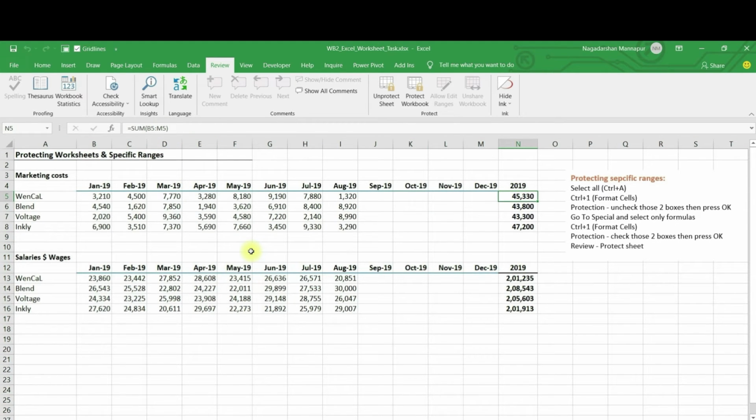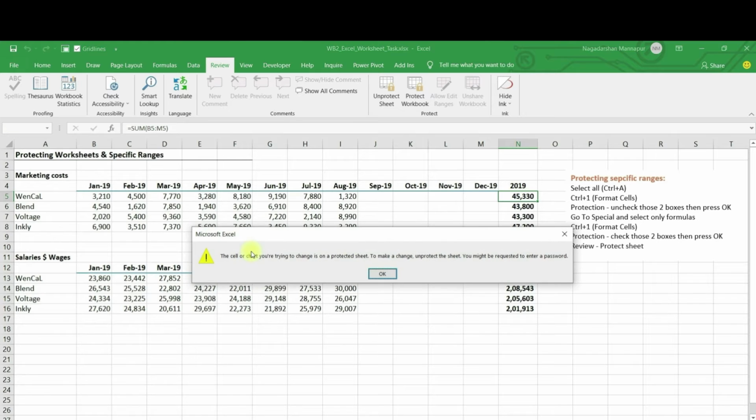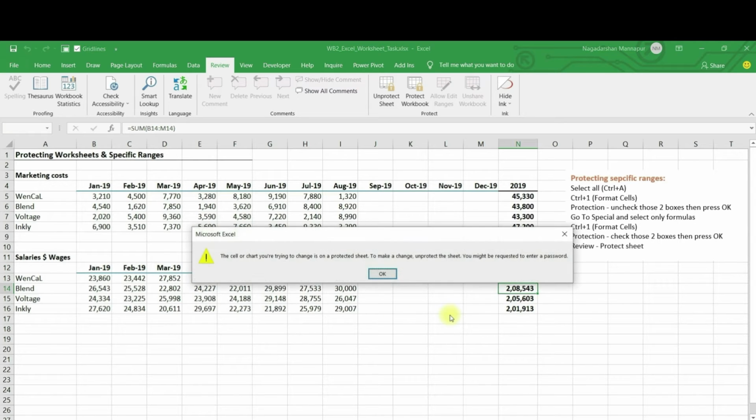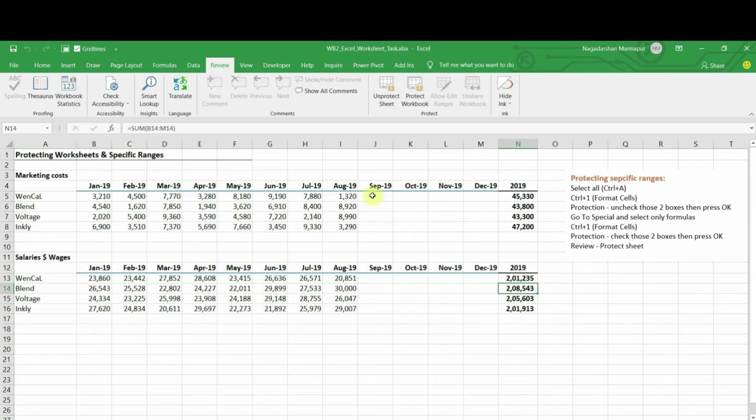But wantedly or unwantedly, if they try to delete that, it will not work, because it has been protected. Here, delete, it's not happening. If I type something else, it's not working. If I update the sales values, for example, someone wants to update a sales value to 50,000, then as of now it is showing 45,000. If I update that completely, it became 95,000 something. It means in the background the formula will work, but nobody can change anything.